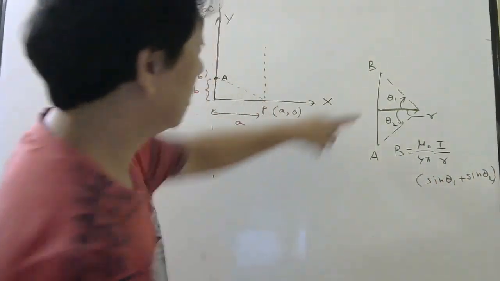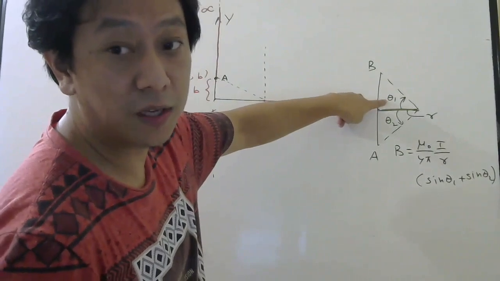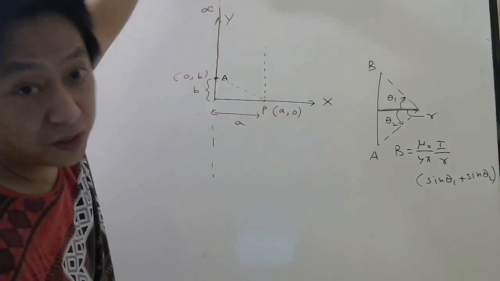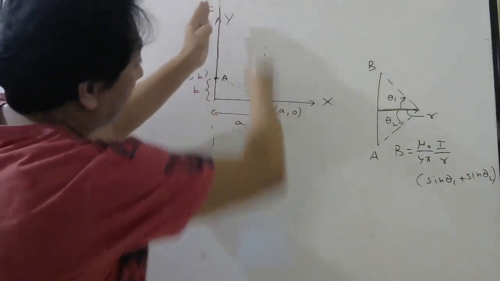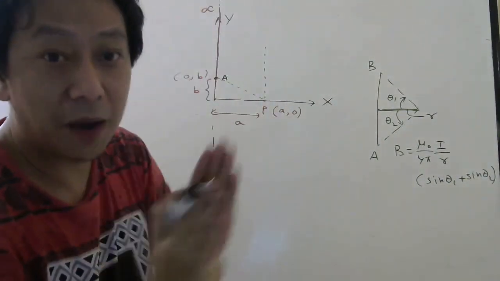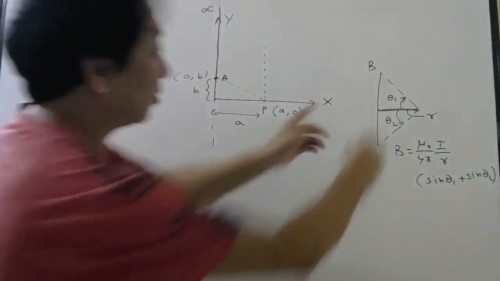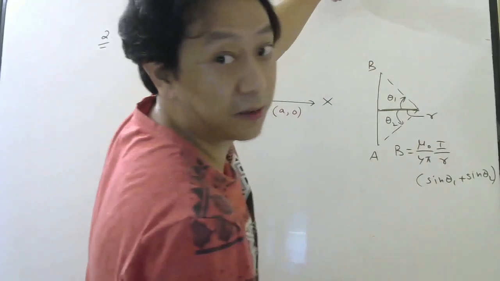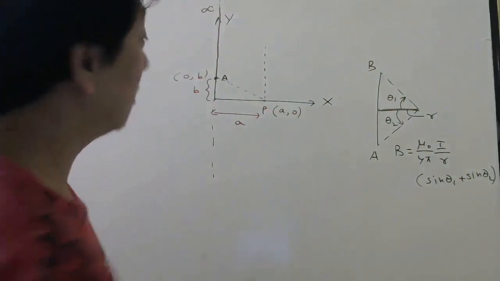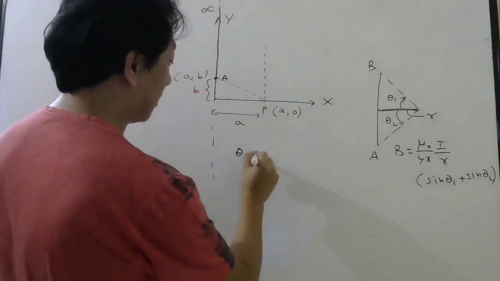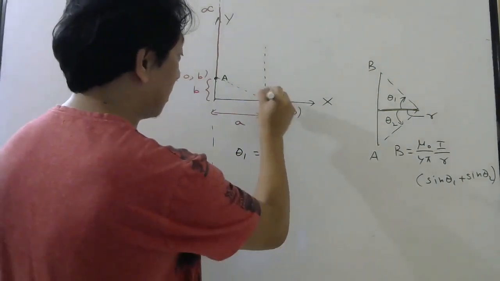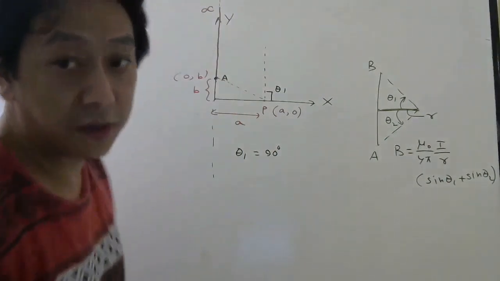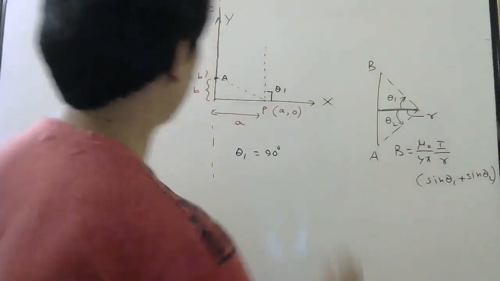Now look here. Let us see what theta 1 is. Theta 1 is the angle made by the upper end of the wire. Now the upper end is at infinity, so if you draw this line, it will become parallel. You all know parallel lines meet at infinity. If these two lines are parallel, then this point will be at infinity, which is the case in this problem. So theta 1 is clearly 90 degrees, upward.